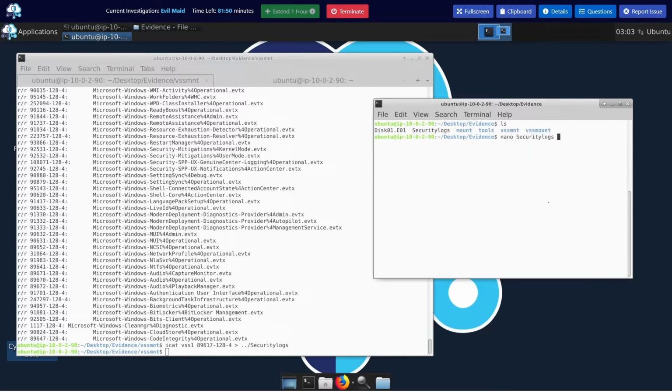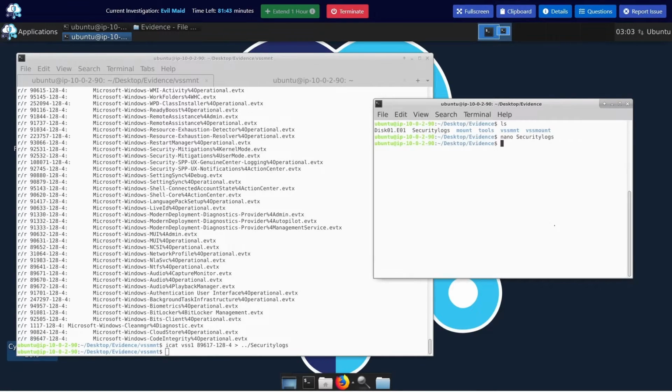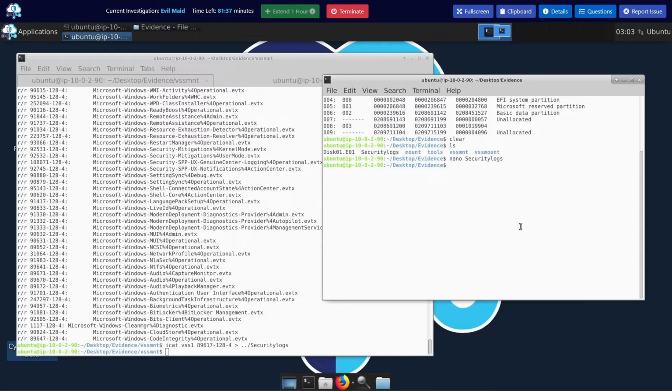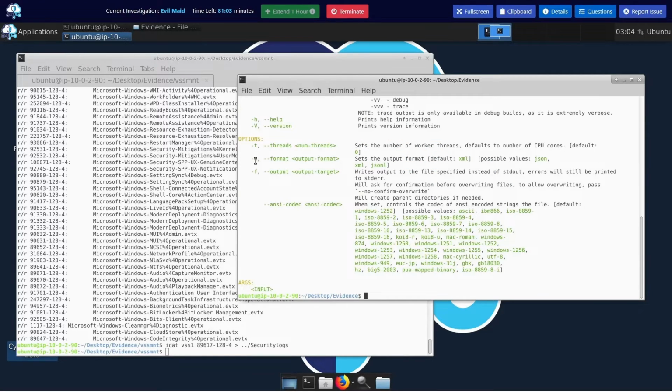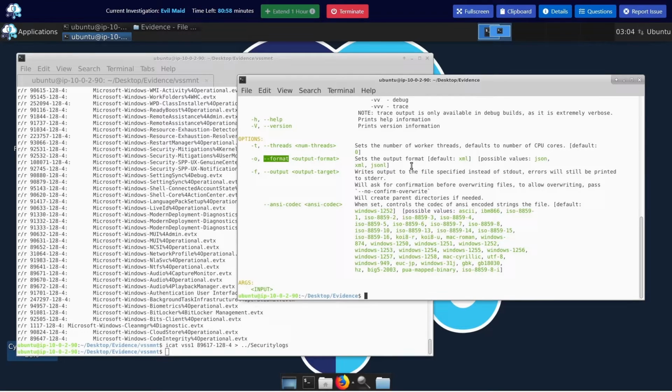I know the logs have this junk, right? In order to see it as a readable one, we're going to use a tool called evtx_dump. We're going to use the options, the -o, the format. We're going to use a JSON file format and the output of the target. So